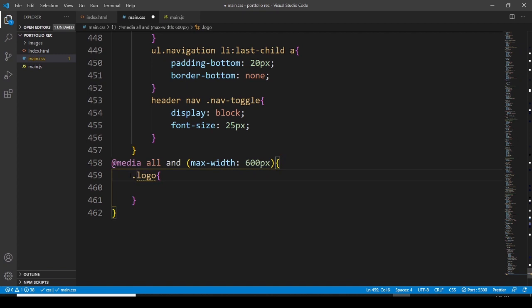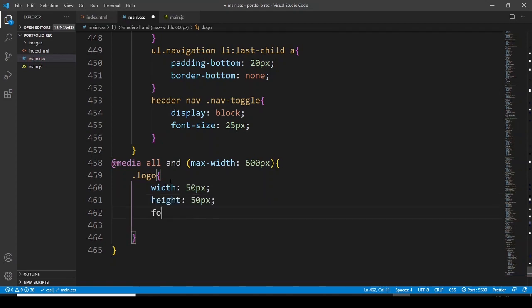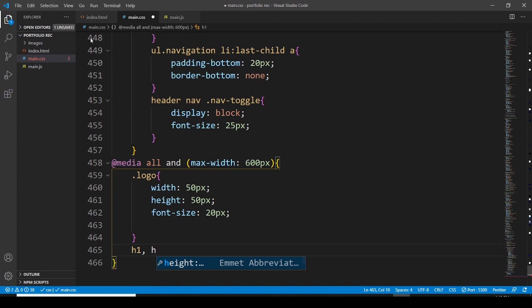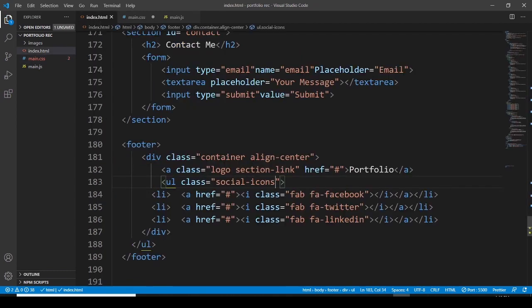Logo is a class. Logo class, and it is going to have a width. The width is going to be 50 pixels. Then the height is also going to be 50 pixels, and the font size is going to be 20 pixels. Now we have to select heading 1 and heading, let me check, it's heading 2